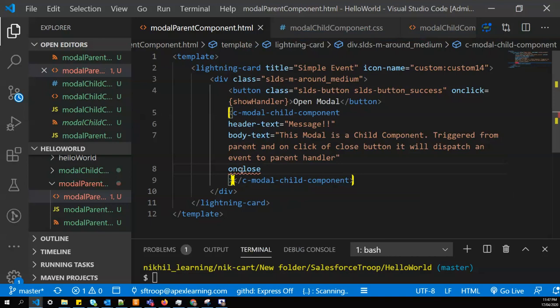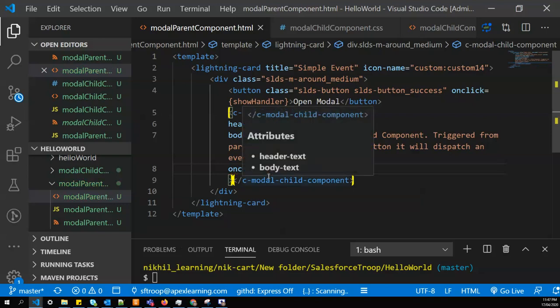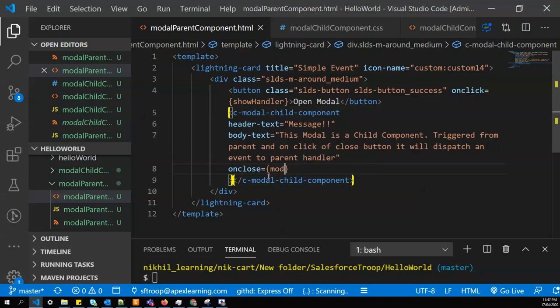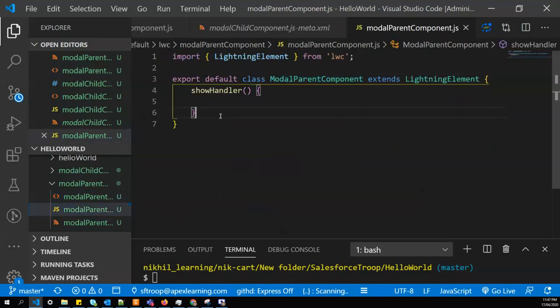Our event name was close, so I append on in front of it. So LWC automatically understands this is the custom event that is coming from child, and whenever this event gets triggered, we'll say call modelCloseHandler, and I'll define this modelCloseHandler also here.